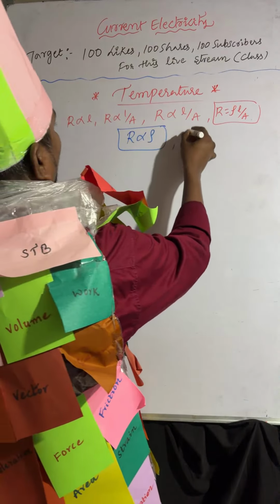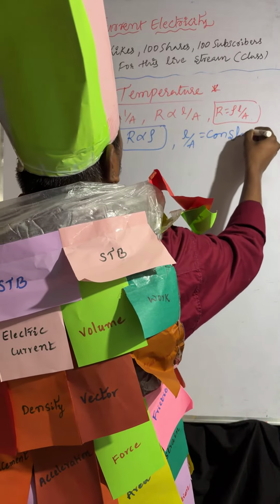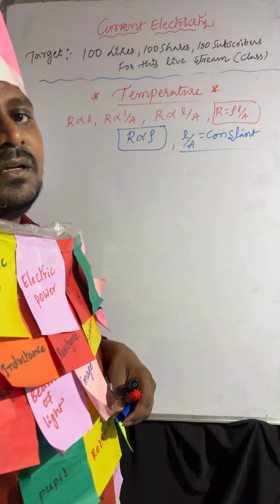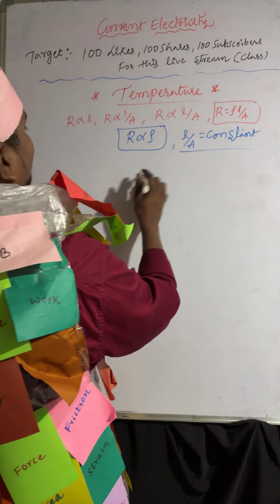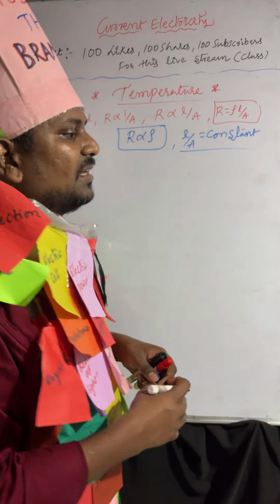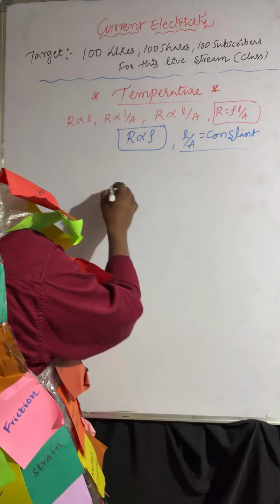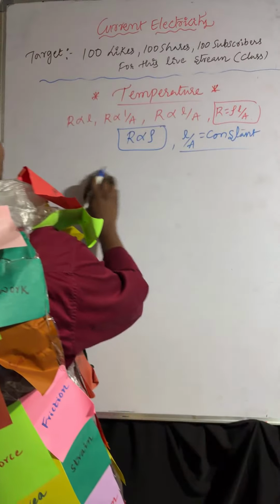So L by A is constant. Understood or not? L by A is constant. So now we can take alpha as the temperature coefficient of resistance. That's why we can write